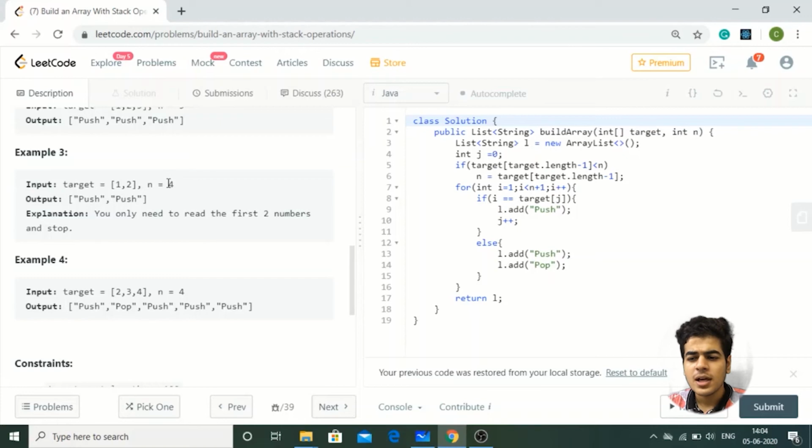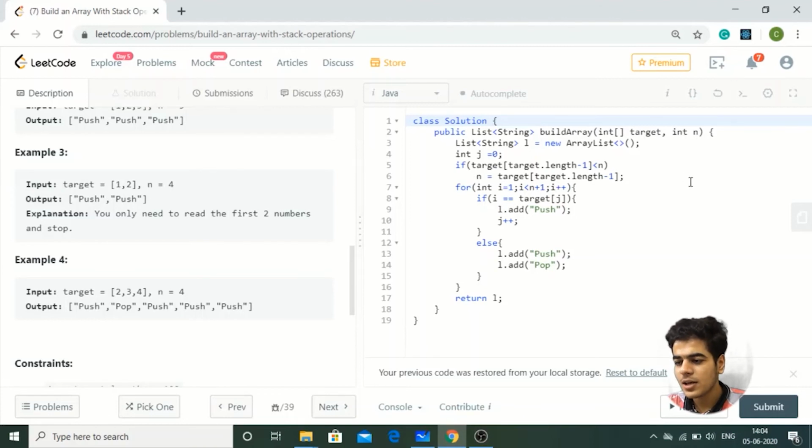But if you observe, the biggest element of target array is just 2. I'm wasting my iterations for 3 and 4, right? So I'm going to check whether the last element of target array, that is the maximum element of target array, is less than n or not. And if it is less than n, then I am simply going to assign n as the last element of this target array so as to save my iterations.